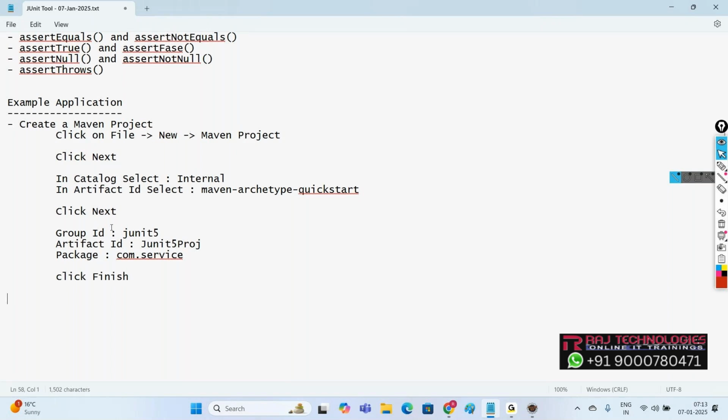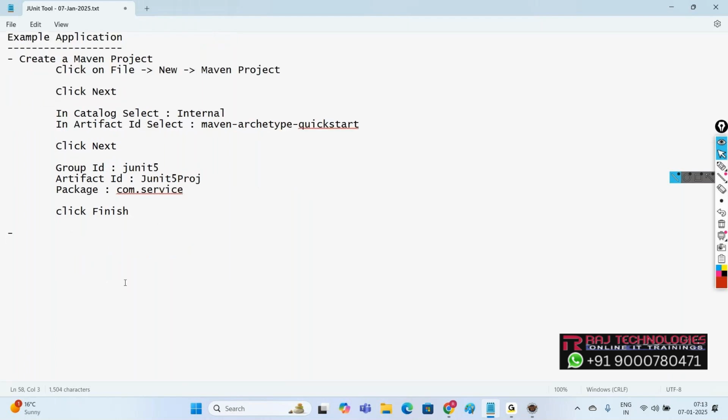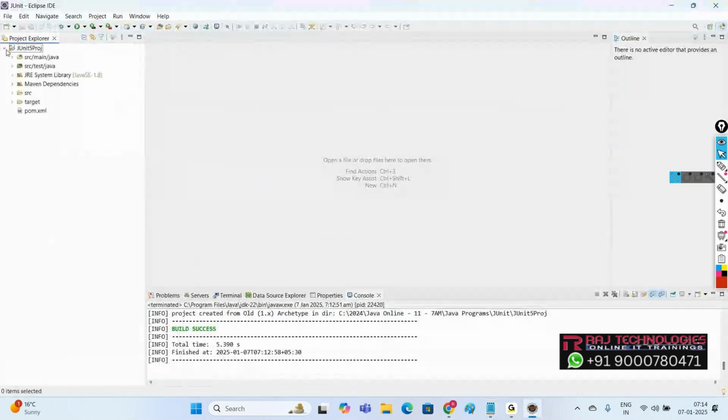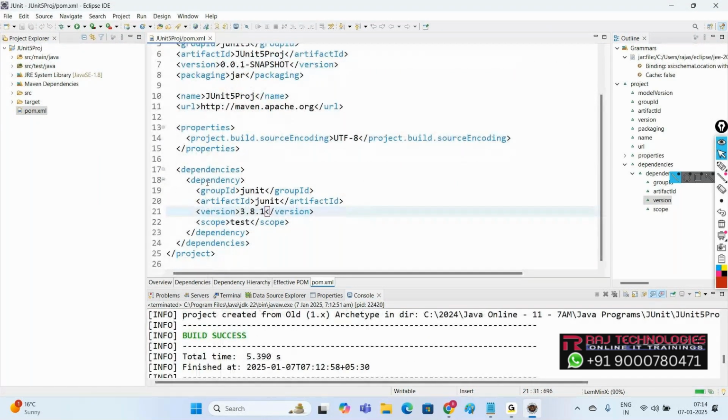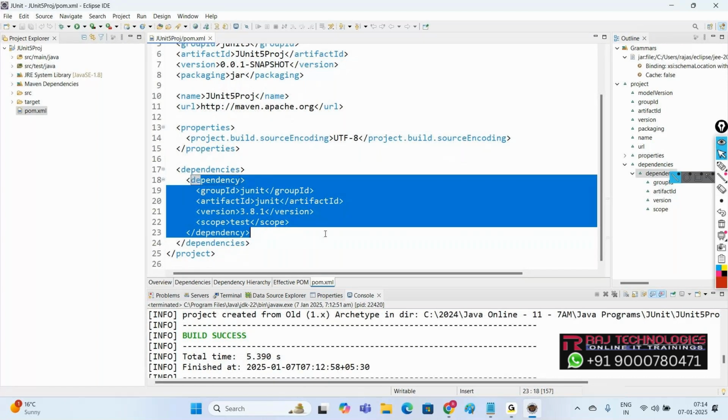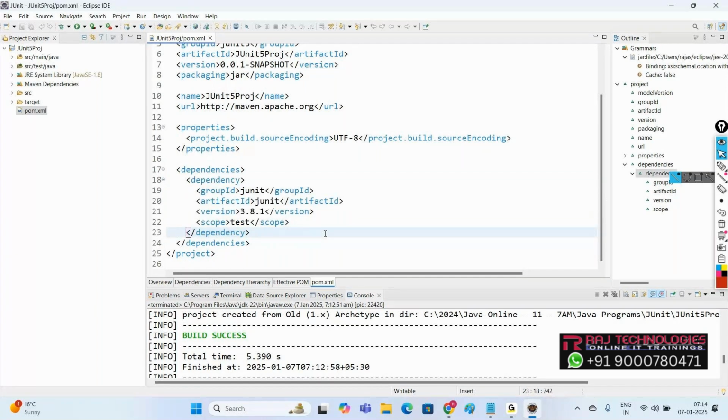Then, once the project is created, now we need to add the project dependencies. Add the following dependencies in between the dependencies element of pom.xml file. So here, open this pom.xml file of the project. Whenever we create a Maven project, by default it is adding the JUnit dependency. But as we are going to work with JUnit 5, the Jupiter version, here we have to change the version, 5 version. So here, go with the group ID,